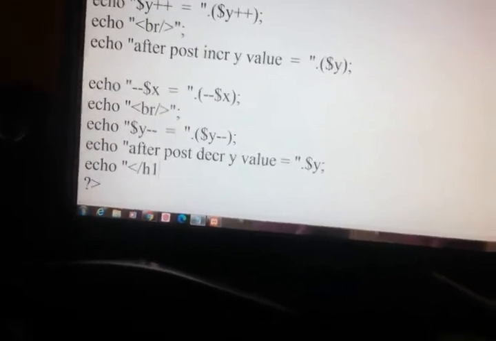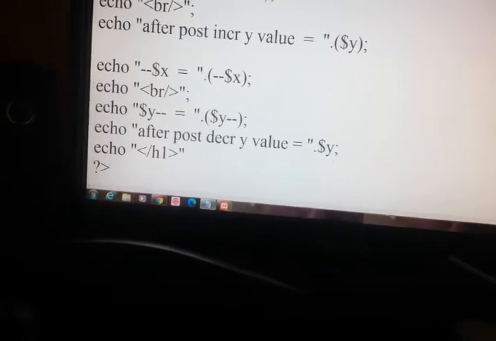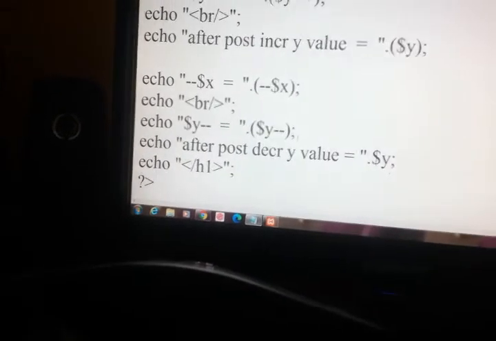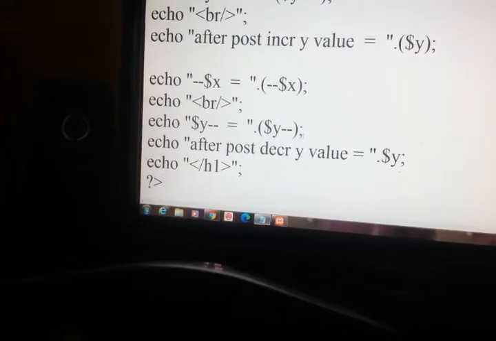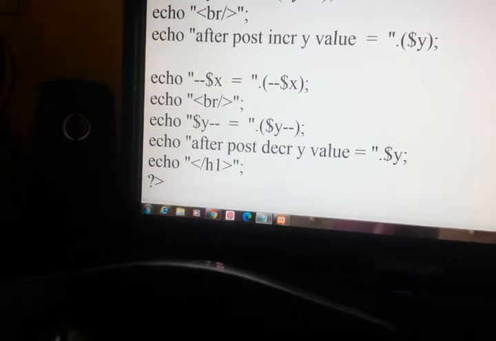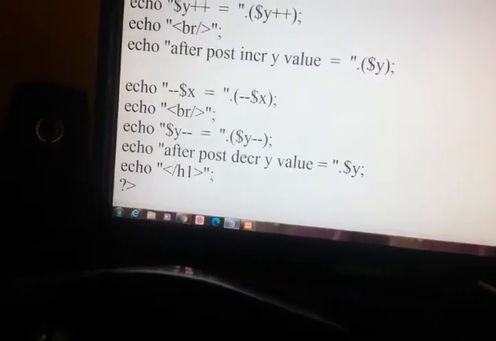Here I have missed closing heading tag. Save.